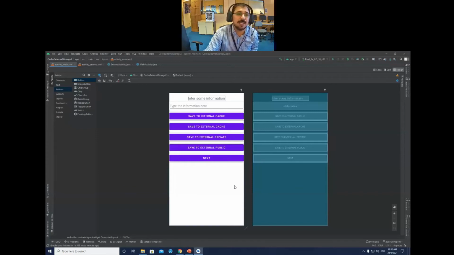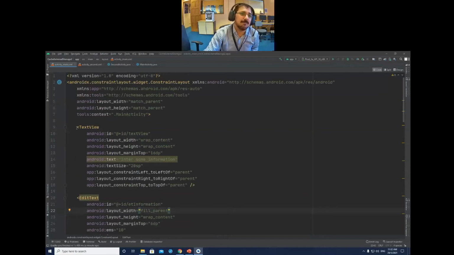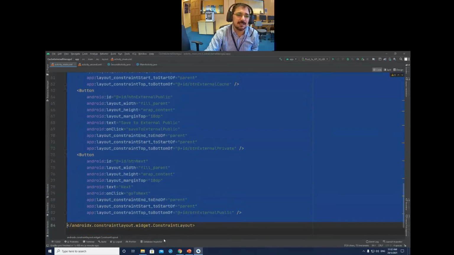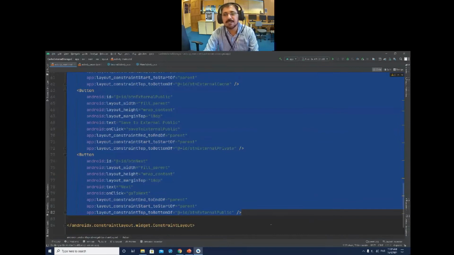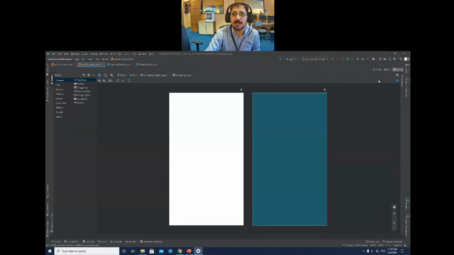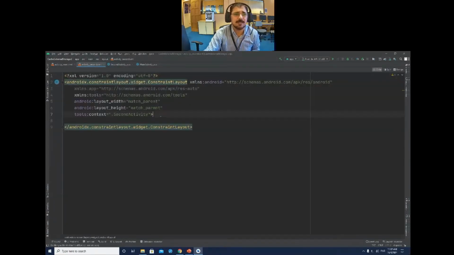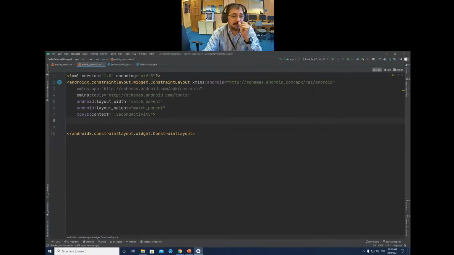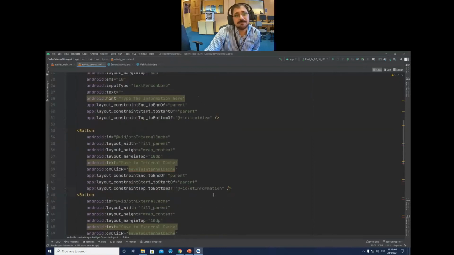I feel it's easy like this: I will copy the coding of all these and just paste it in the next one. Like you see here, I will copy all this coding and later on just change the save to read from and the function names accordingly. Okay, so I just copied this coding and I will go to the second activity. You see, it is totally empty, and go to its text version, and then after the package information, make sure it must be inside the closing layout constraint. So just paste everything here. Okay, you see, quite easy.